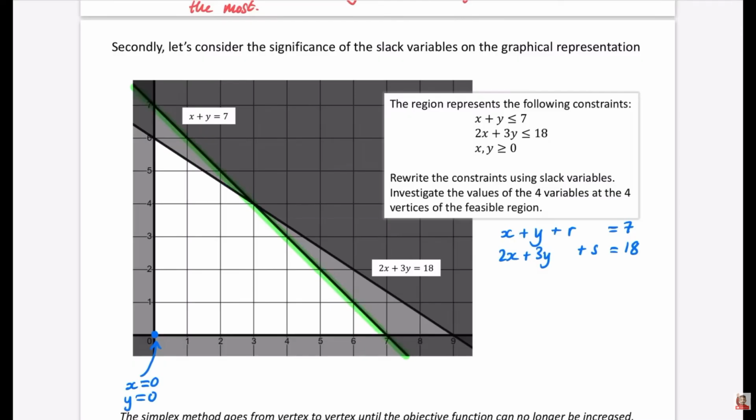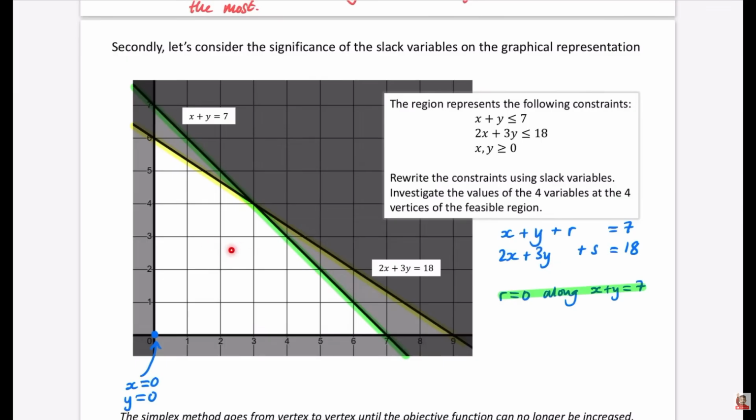So I'm going to say all the way along this line, r equals 0. So I'm going to say r equals 0 along x plus y equals 7. And I'll highlight that in green so it's clear what the things are that we're talking about. And then if I highlight this in a yellow color, you can kind of imagine what I'm going to be saying about this one. Everywhere along this line, the value of s is going to be equal to 0, because